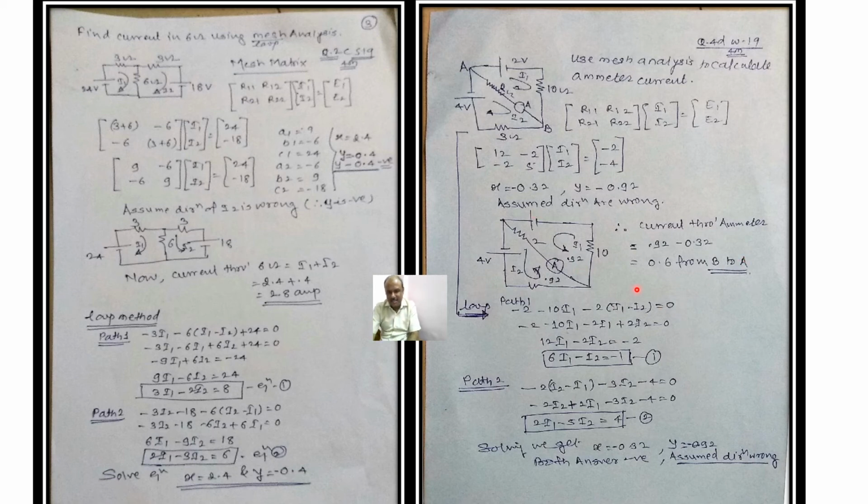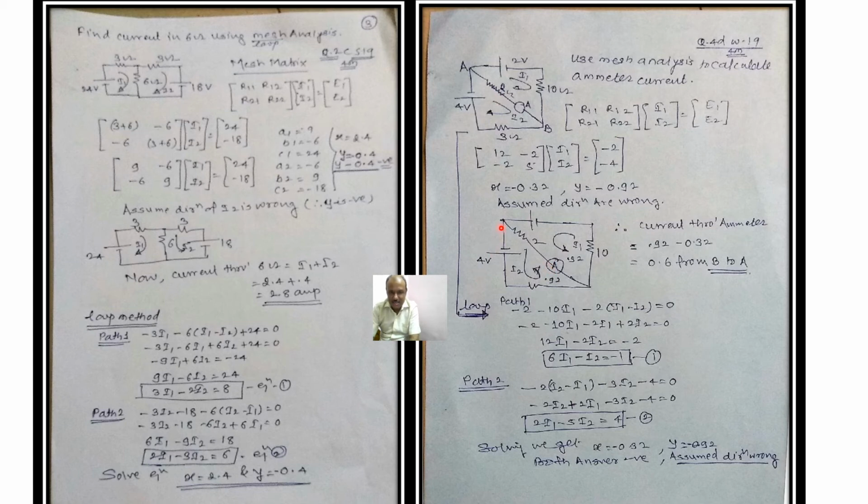Now here is the case which I want to explain. Here, for the assumed direction, you can find the value of y is negative and the value of x is negative. This is the assumed direction, this is the assumed direction. So both the answers are negative. That means the assumed directions are wrong. So once again we have to redraw the diagram, and once we redraw the diagram, change the direction of current. And once we change the direction of current, it indicates that we have to calculate the current through this ammeter.